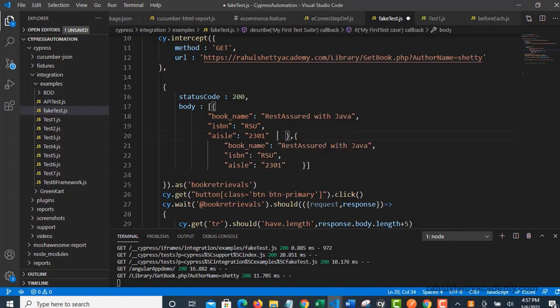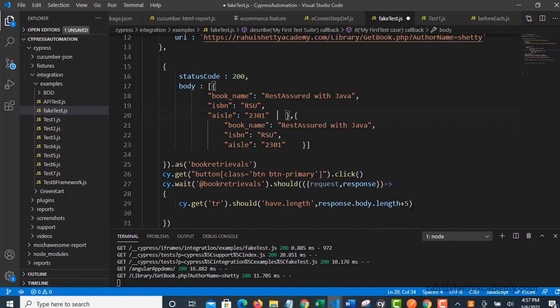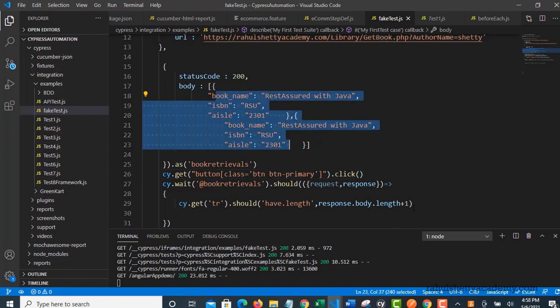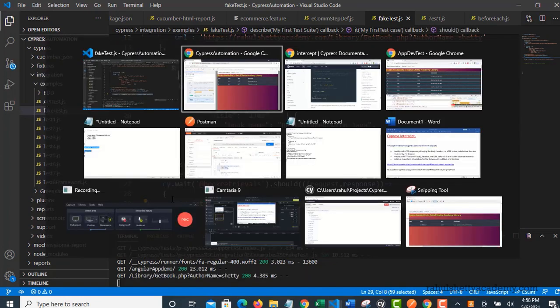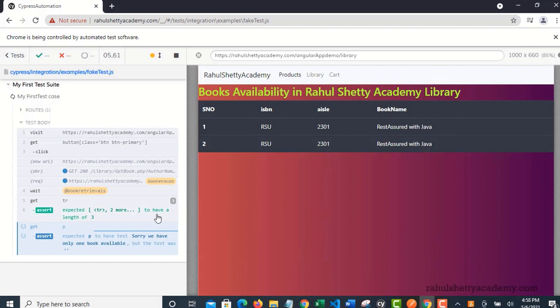Okay, so we are basically mocking our response. So this time it will return 2, right? Okay, so this should still be valid. So it returns 2 plus 1, 3, and the TRs also should come 3, right? So no matter how many you pass, this is a generic assertion, because at runtime you are getting